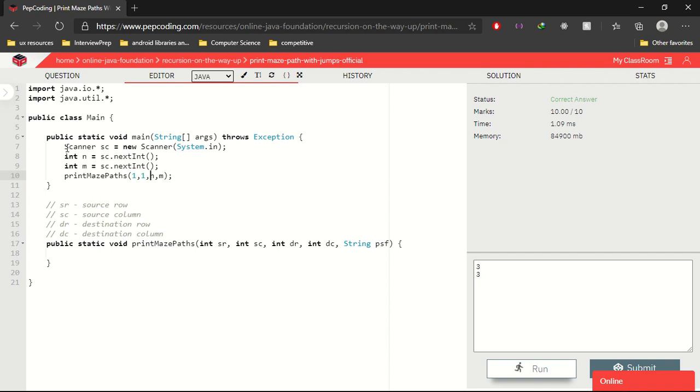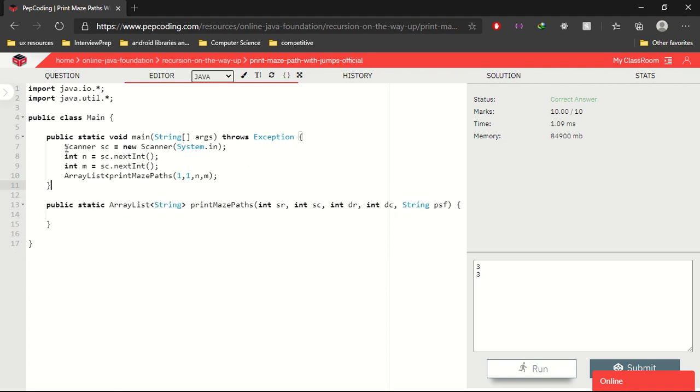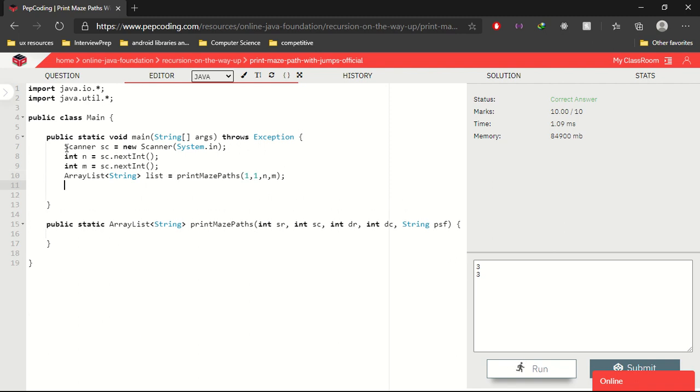We will update the solution slightly. Instead of returning void, we will return an array list. Then you loop through each element of the array list. This will be your answers.